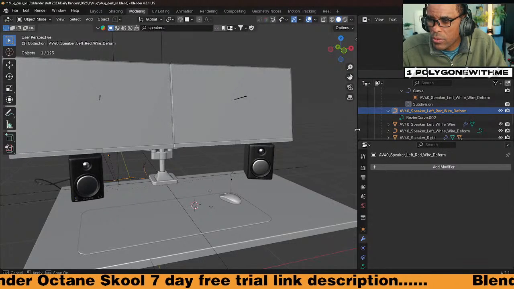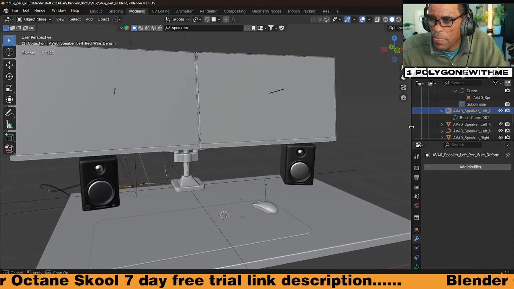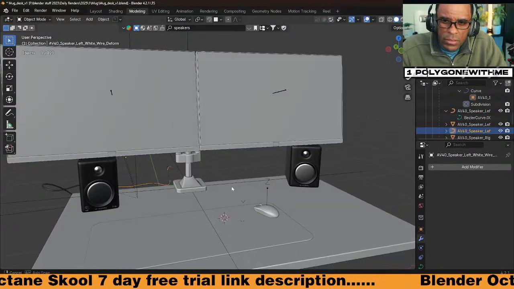Left red wire, white wire, wire diagram. Interesting.